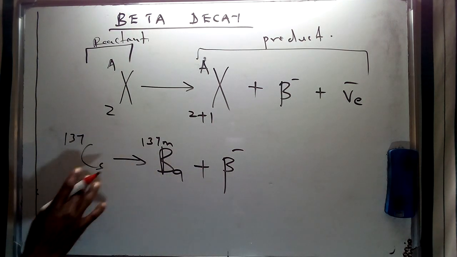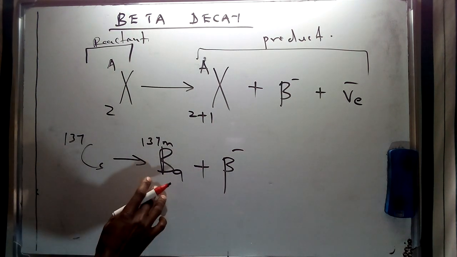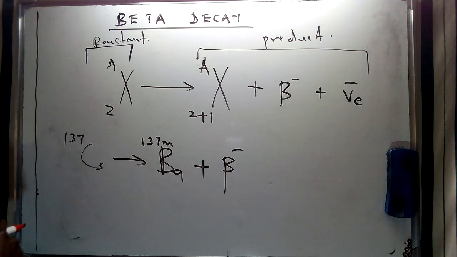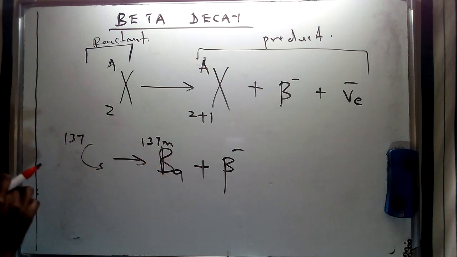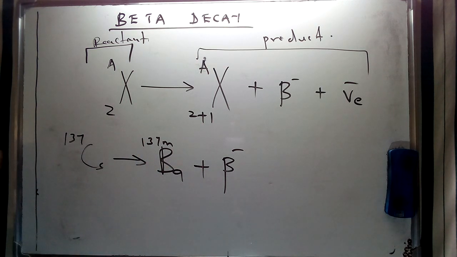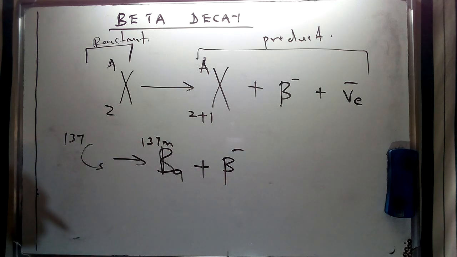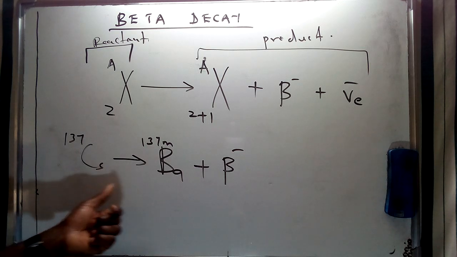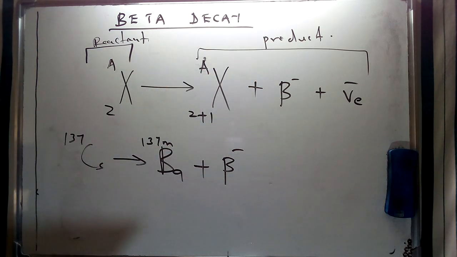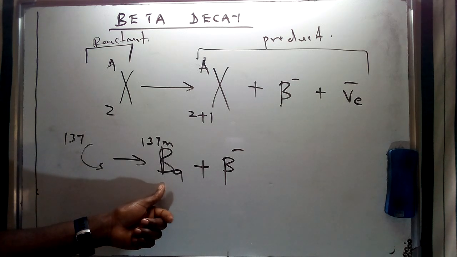We're going to see that this is 55, then this is going to be 55 plus 1, which is 56. But of course, we are concerned with the change in mass, which is not having a net change in mass. Therefore, we're going to consider the aspect of angular momentum as I've mentioned. So we're going to consider the spin of the products and the reactants, whereby the sum of the spin of this specific